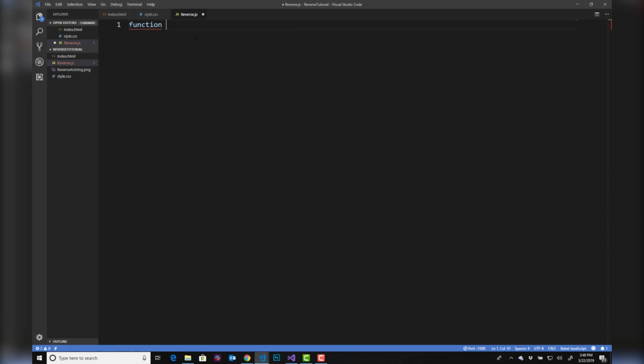And I'm going to give it a name, and I'm going to call it reverseA, because I'm actually going to show you two ways to do this. And then I'm going to pass this function a string, and I'm going to call it str. And I'm going to make an open and close bracket. And so now this is like the definition of our function. So the first thing I'm going to do is I'm just going to return